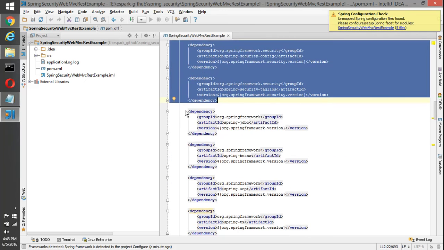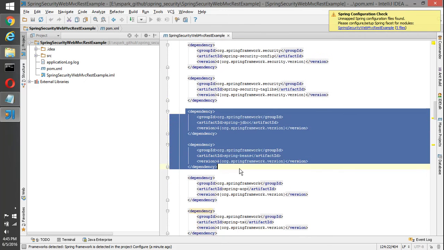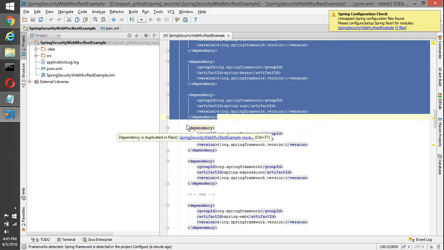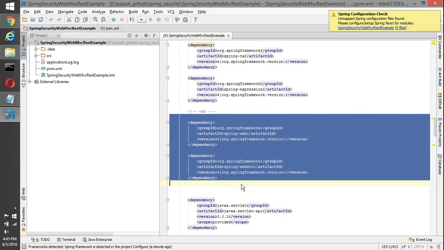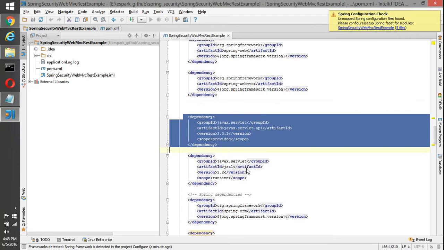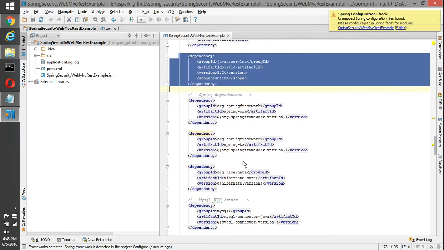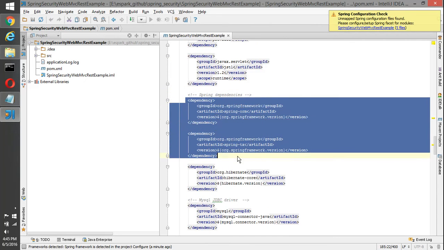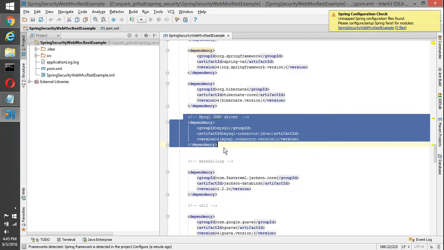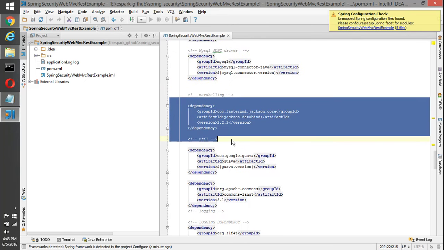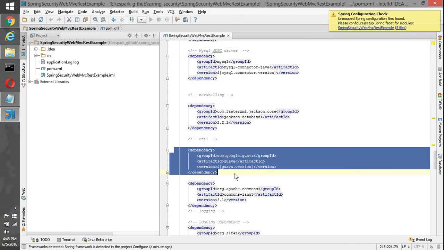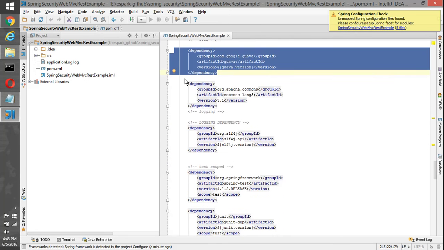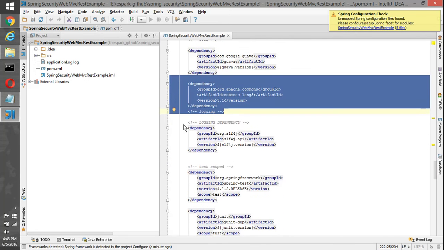We have Spring JDBC, Spring Beans, Spring AOP, Spring transaction, and Spring expressions, and we have Spring Web MVC, Servlet 3.0 dependency, Servlet JSTL dependency, Spring ORM, Spring transaction, and Hibernate core, MySQL dependency, and then we have a Jackson dependency here. Then we have a Google Guava API dependency, Apache Commons. All these things I have not used,